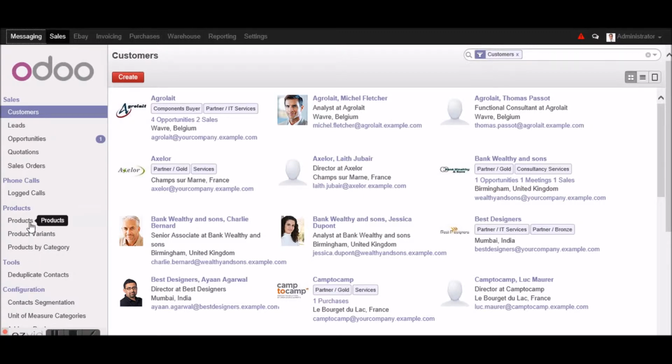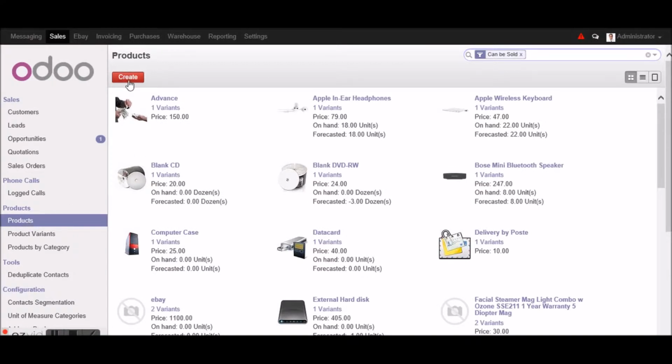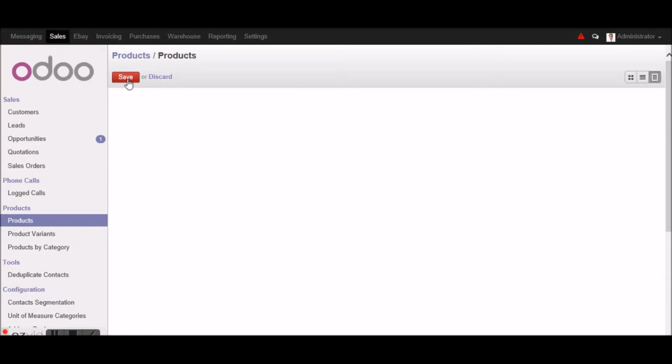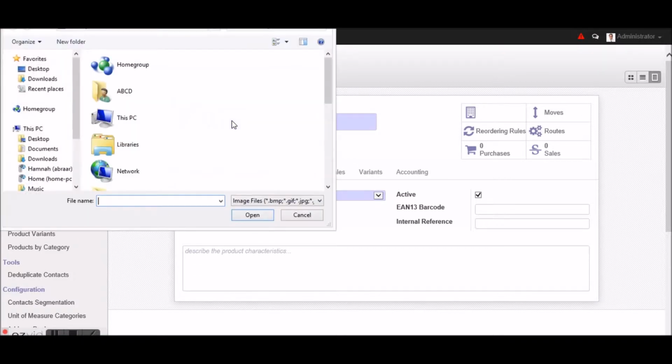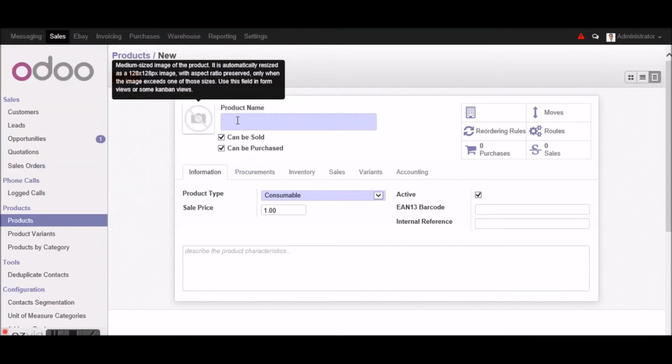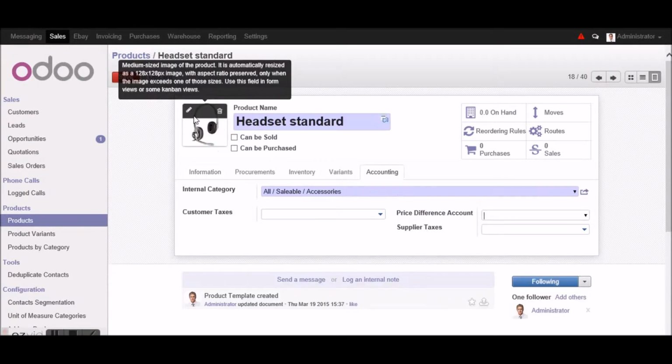As you can see, I have logged in to Odoo and I am in the sales management module, under which we have products. To create a product, I will simply click on the create button, where a new form will open in which you can put the information of the product such as product name, and you can also upload an image for this product. So let me just show you a filled form and go more into the detailed functions and the field level.